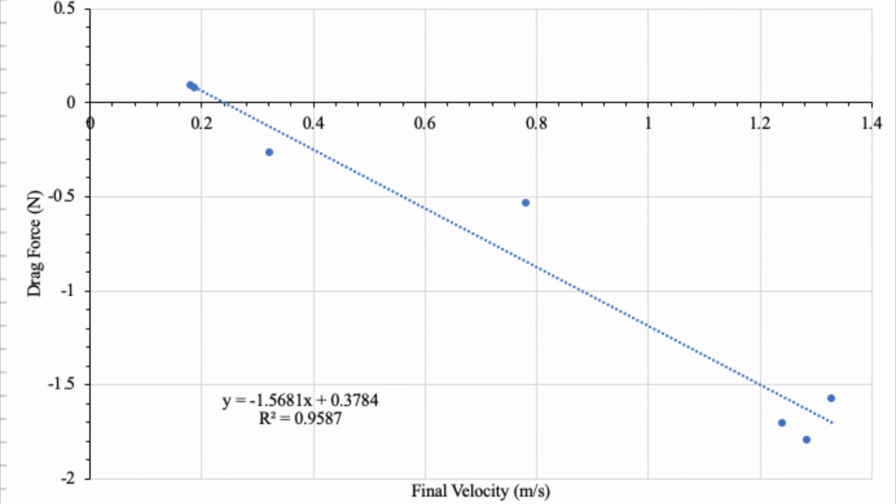From our initial graph between velocity and drag force, we see that the graph is pretty linear, which we were expecting. Our R-squared value was 0.9587, so we can conclude there is a direct relationship between velocity of the falling object and the drag force. The slope of this graph was negative 1.5681,